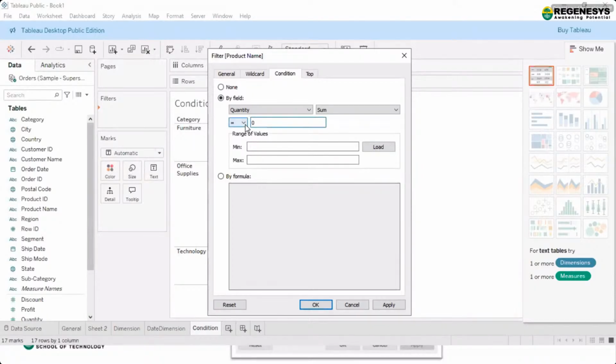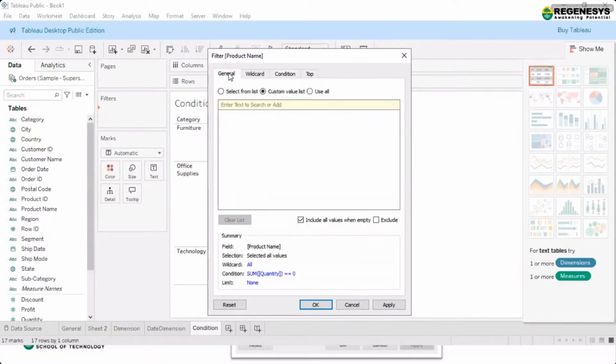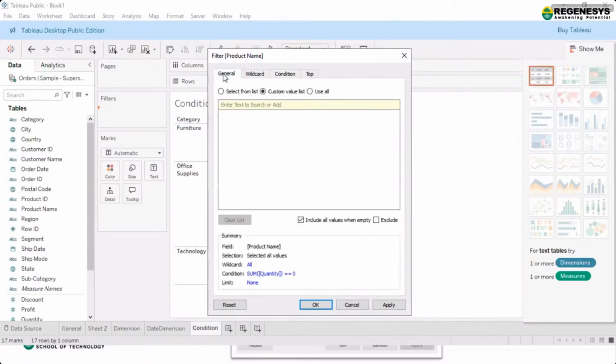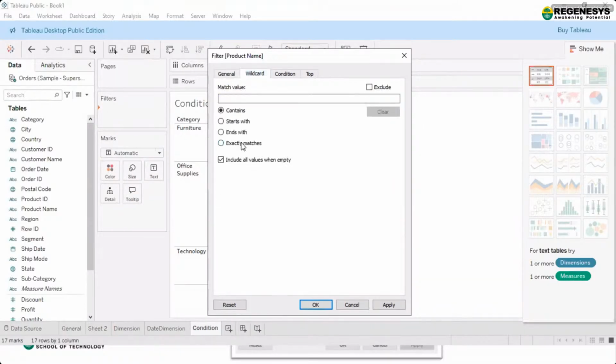Now, I have already told you that if I want to check years of experience greater than 5, where do I apply greater than 5? Because in the general tab we don't have it, and in wildcard also we don't. In the general tab we are just selecting the available fields. In wildcard we have particular specific data, for example data which starts with S, and we can use that with wildcard.